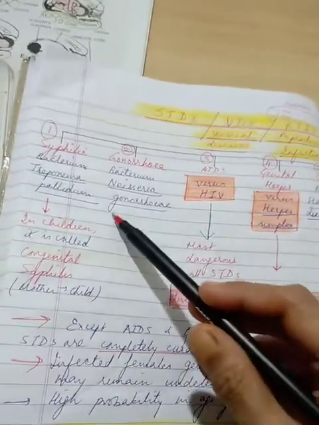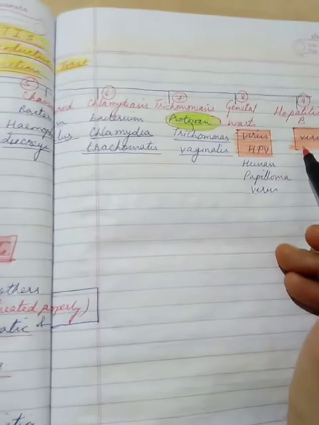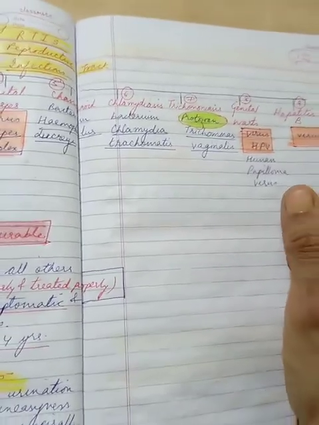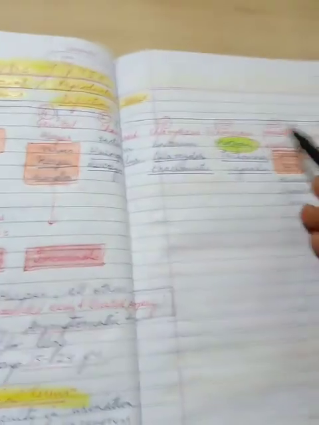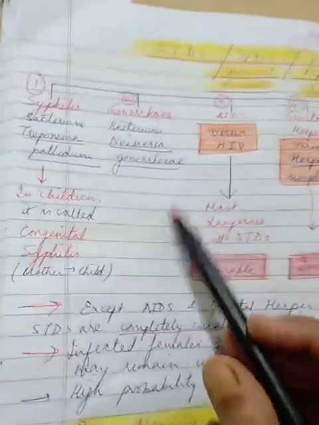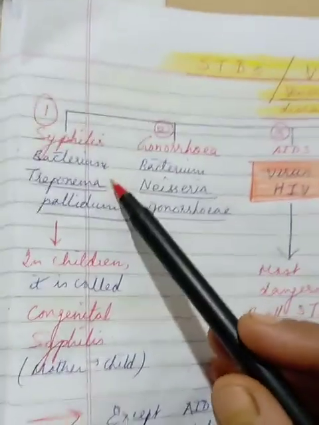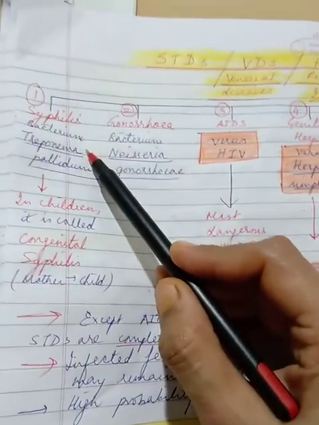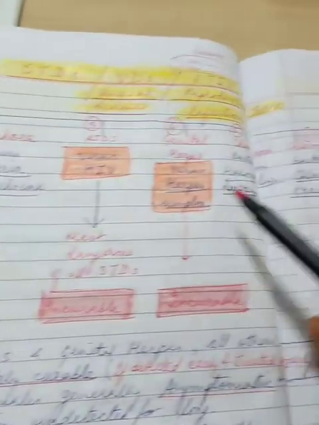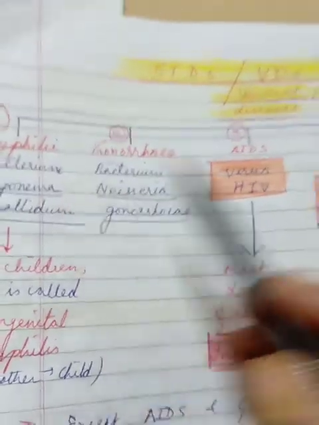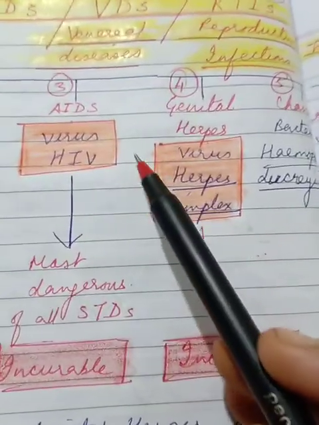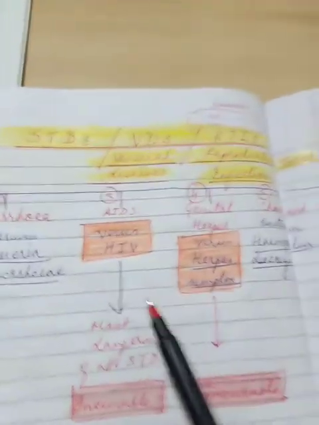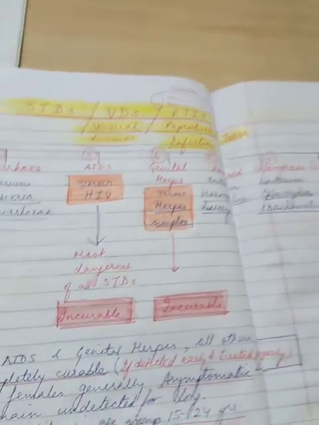So I again repeat, these 2 are incurable, whereas the others, if they are detected early or treated properly, have a cure, some or the other. They can be completely cured, right? Now, coming to the second more important thing: some of them are caused by bacterium, some are viral, and some by protozoan. So I have used different colors. Virus is here in orange color. So only 4 viral diseases out of these 9.